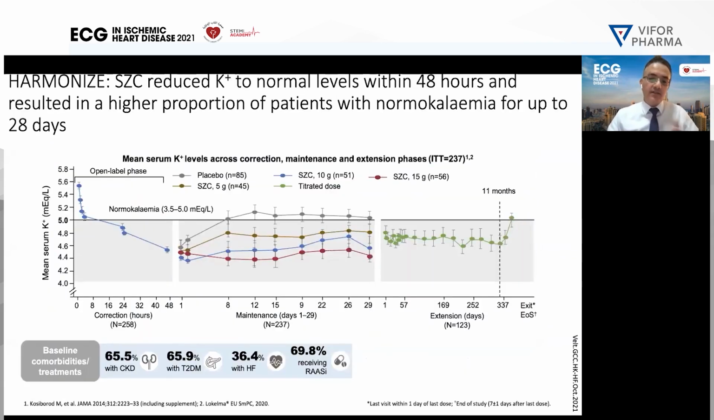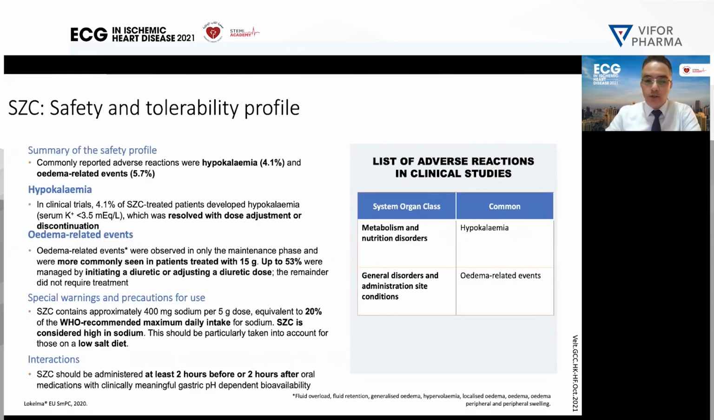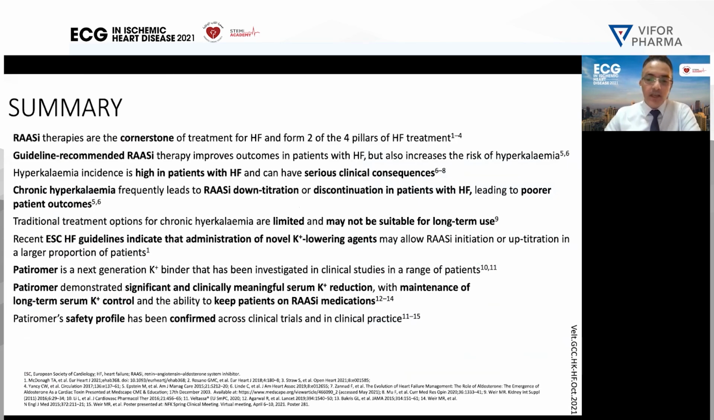This is the HARMONIZE study for the sodium zirconium. The safety, as I told you, the hypokalemia and the edema were common and recorded. In summary,